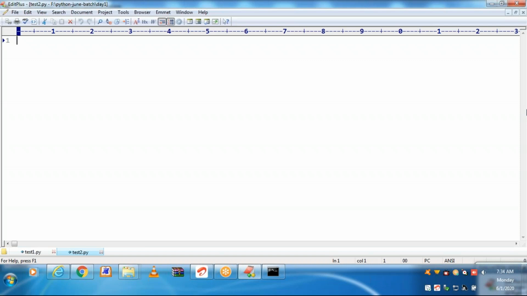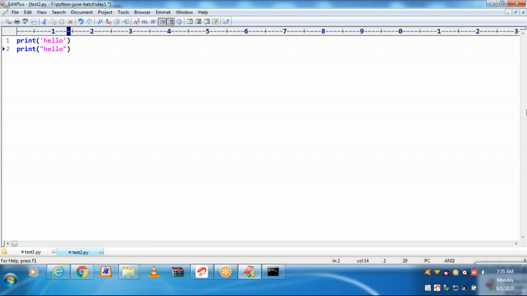Let me print all the different types of literals. So print hello. This is a string literal. In case of Python, a string can be enclosed under single quotes or under double quotes. Both are one and the same.